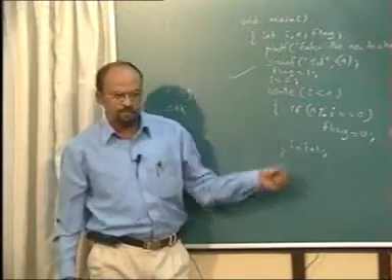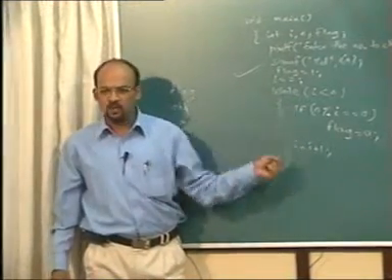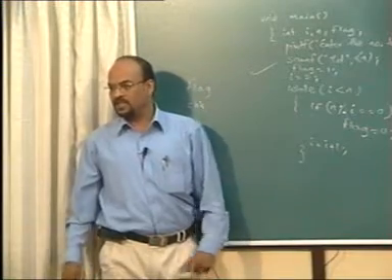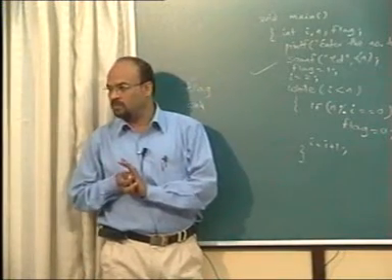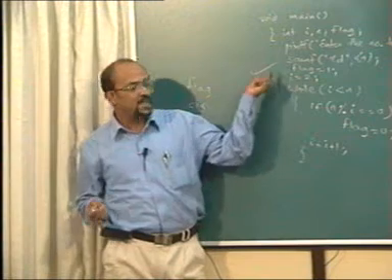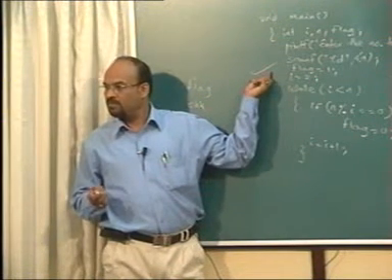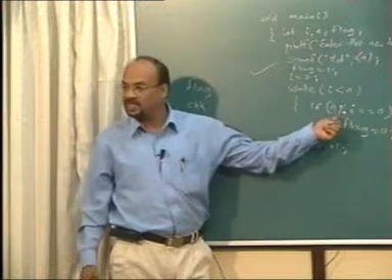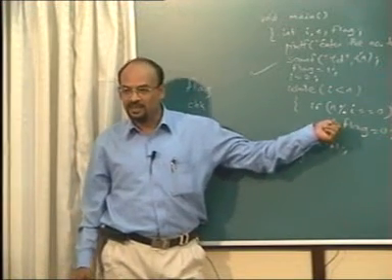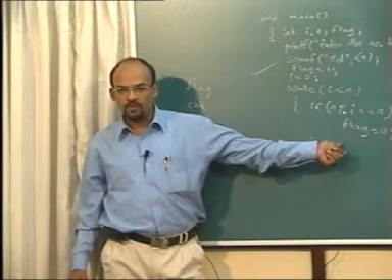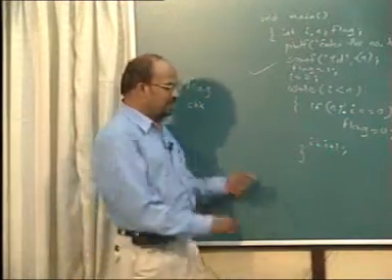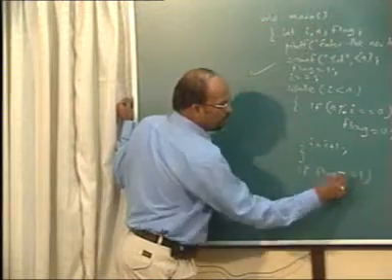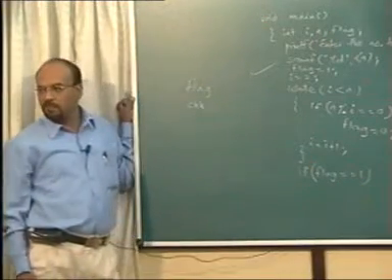I run this loop. I divide every time by 2, then by 3, then by 4, etc., up to n minus 1. When I come out, I just see whether my process is successful. How will I know that? If it is still correct, flag will remain 1, because nobody has divided. If somebody divides n, then flag will become 0. So outside this, there will be a single condition that if flag is still 1, number is prime.